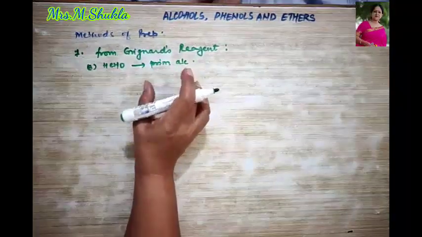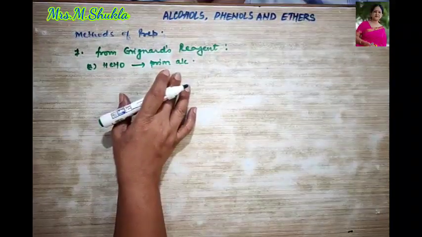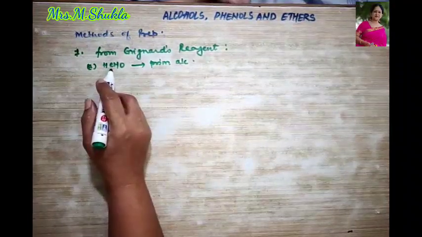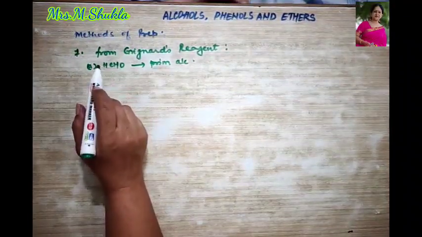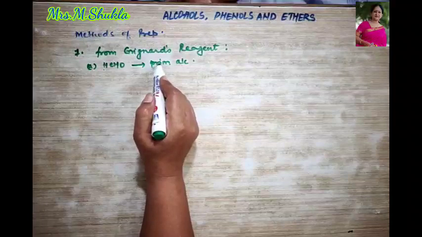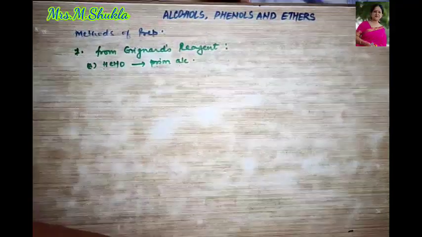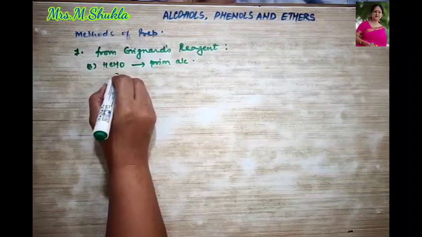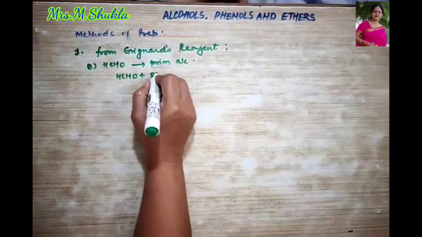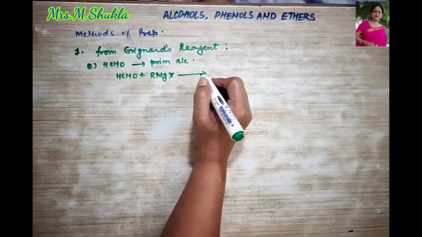All this is very important: which reactant is going to give you primary, secondary or tertiary alcohol. All this must be remembered, then only the reactions will be easy for you to understand. So methanal or formaldehyde, when treated with Grignard's reagent, is going to give you primary alcohol. Let us look firstly at the general formula, and then I'll show you the reaction. So HCHO, when treated with Grignard's reagent RMgX,